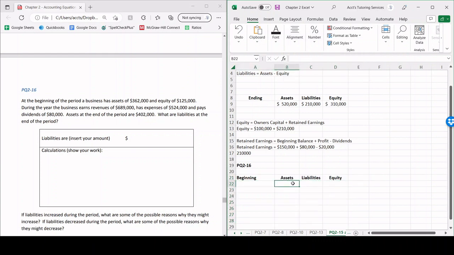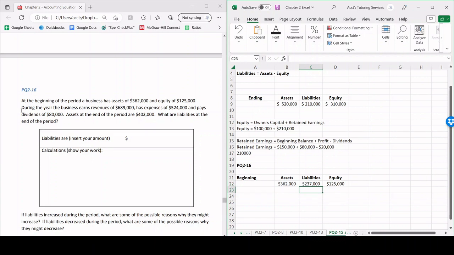Beginning balance for assets is 362,000. For equity is 125,000. We could easily solve for liabilities once again by using the exact same formula. So liabilities is 362,000 minus 125,000,